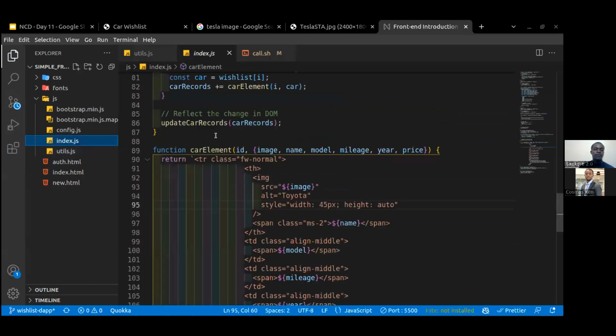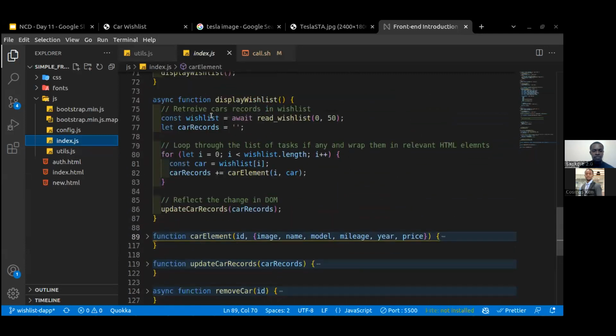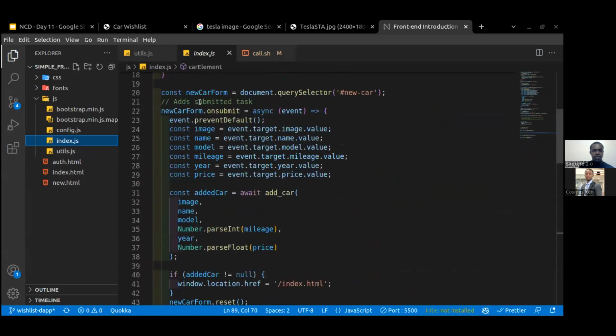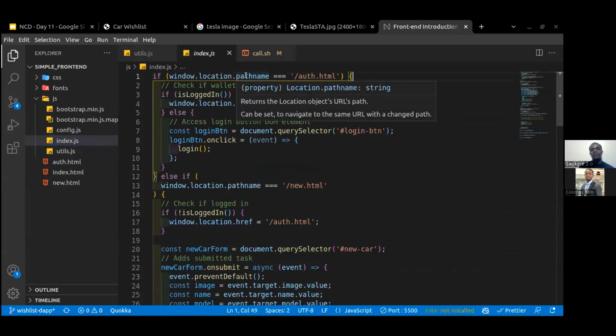Now, let's have an overview of what's really going on in our index.js file. Right here, I'm basically having a series of conditions. The very first thing I'm going to do is check if the path, in this case the page that the user is trying to access, is an authentication page. If it is auth.html, I'll first check if the user is logged in. If they are, then I'll just redirect them to index.html. However, if they are not logged in, then I will